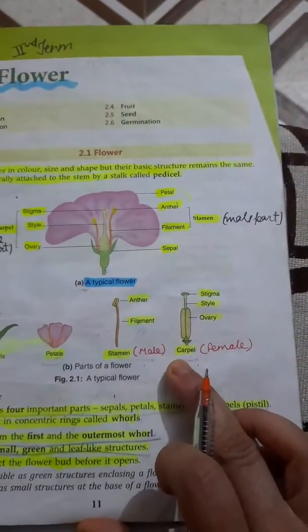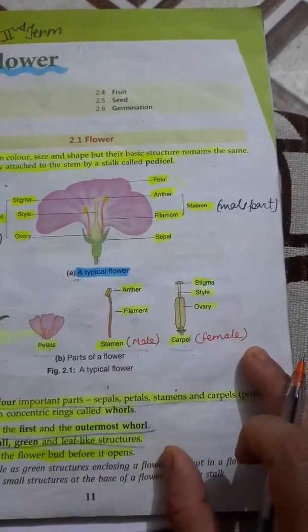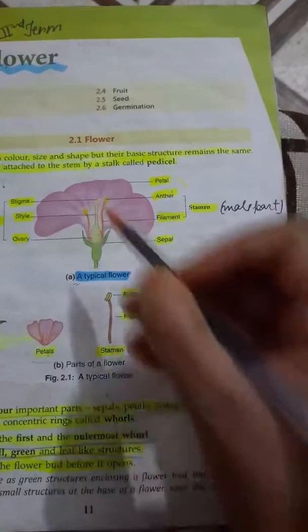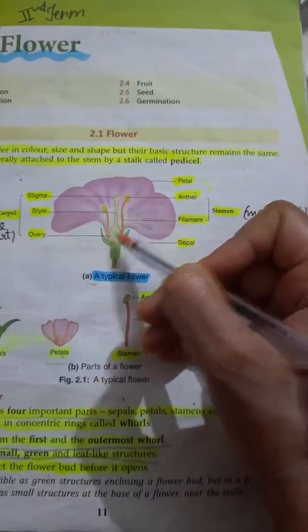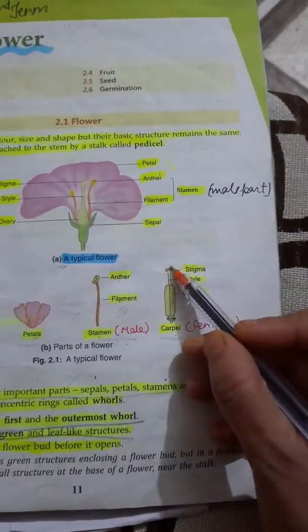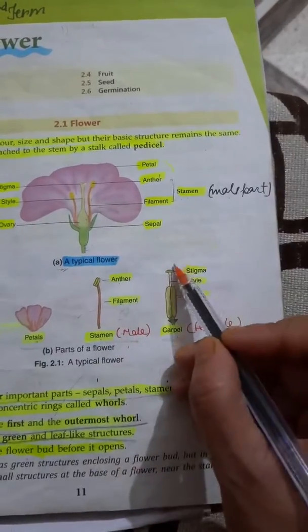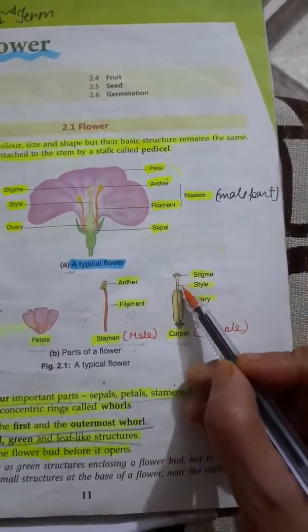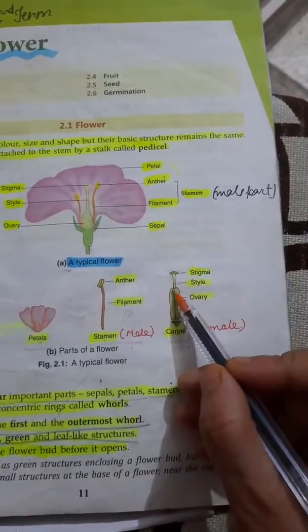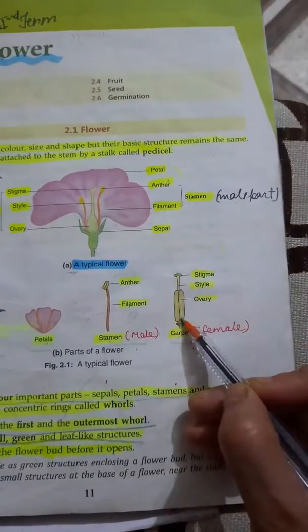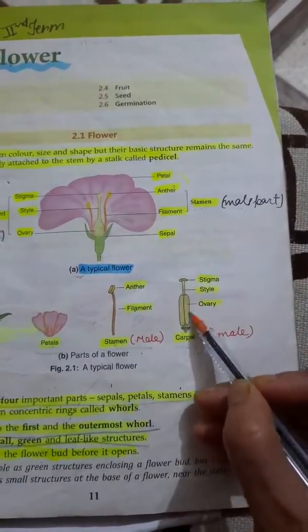Next, the fourth type of whorl is the carpel, which is also known as the female part, and it is divided into 3 parts. You can see here, this is the elongated part. The first, topmost part is known as the stigma. The pollen grains generally shed on it, and this is the style, a tube-like structure. And then this swollen part is known as the ovary, where the actual fertilization occurs.